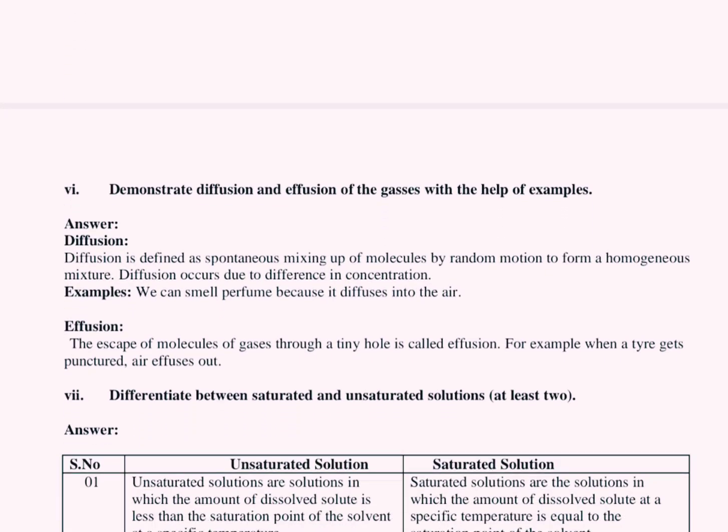Then we have diffusion and effusion. You have to mention them with examples. Diffusion means movement of particles from high concentration to low concentration, a random, spontaneous and haphazard movement. For example, you spray perfume, or you are cooking with masalas and the smell spreads, or the smell of room spray. And effusion means the gas particles are entrapped in a particular area and from there they escape one by one through a hole. For example, if your balloon has a hole, or your tyre gets punctured,